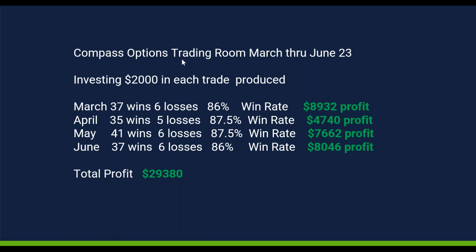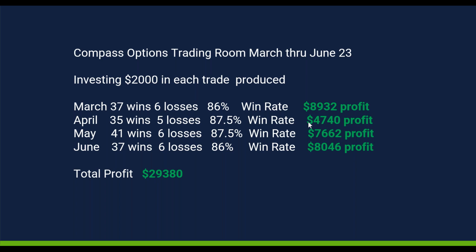And this is some of the results, and some of these haven't really been updated recently, but I try to go into a little bit more detail here. The trading room from March of this year through June of this year, and again, investing $2,000 in each trade, what I use for a baseline. We had in March 37 wins and 6 losses. So again, 86% win rate, nice profit, $8,900. April, 35 wins and 5 losses,